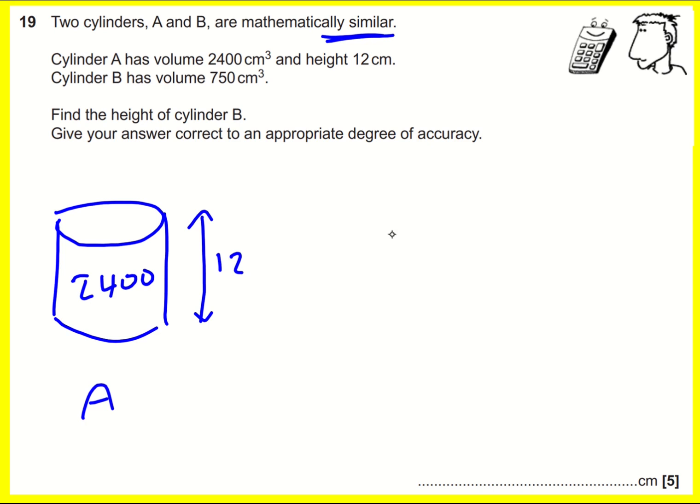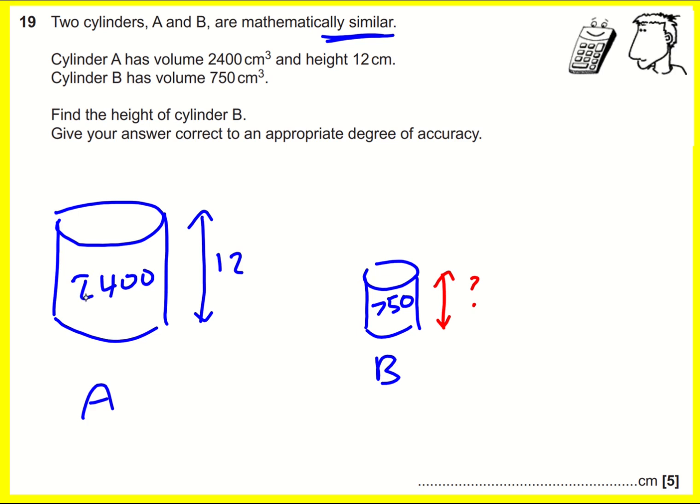And then alongside it, I've got a smaller cylinder, B, and it's got a volume of 750. So what we need to do basically is to figure out the height of B using the idea of similarity. So let's think about this. We need to figure out what do I